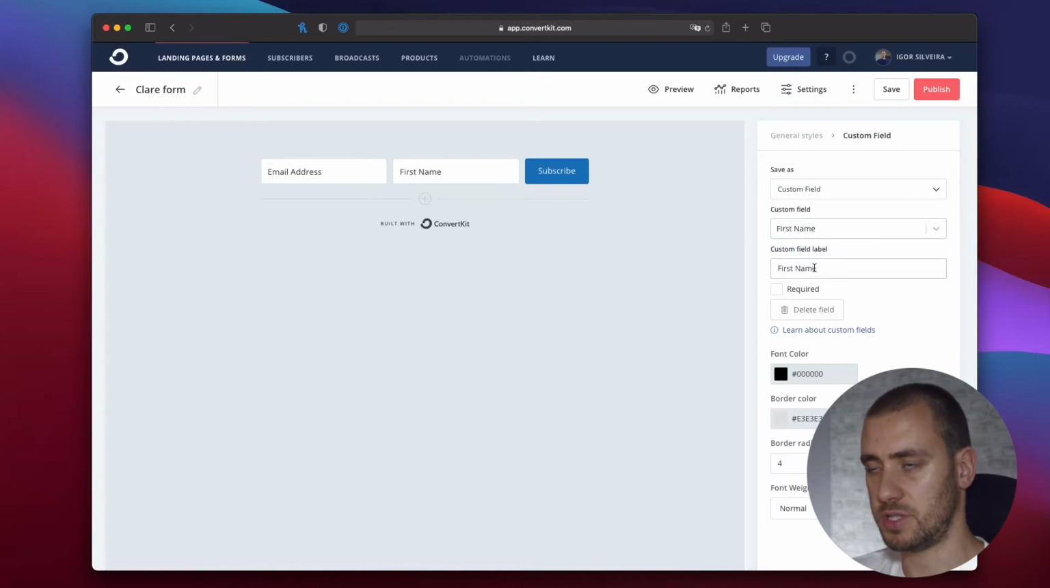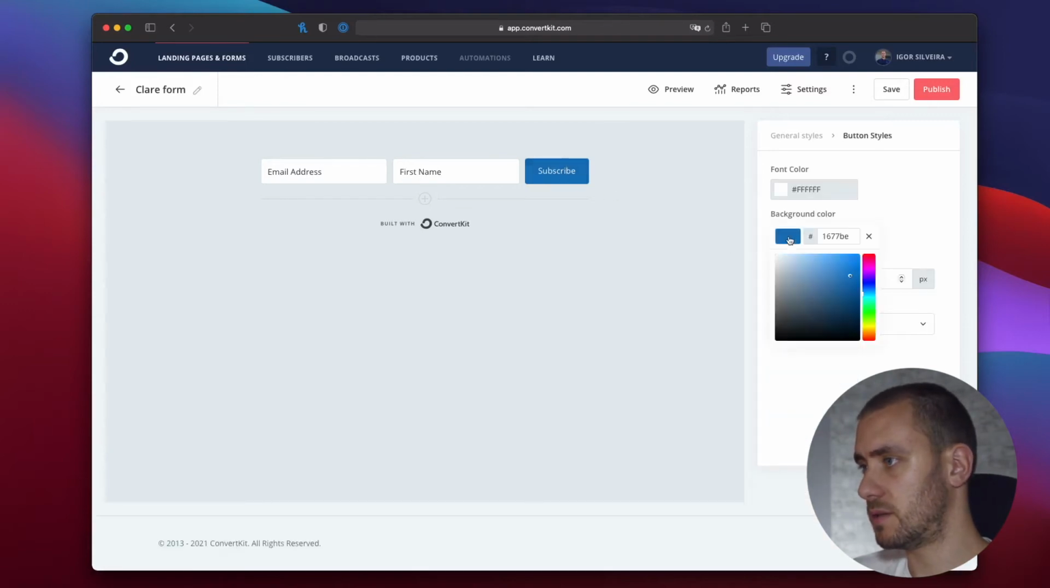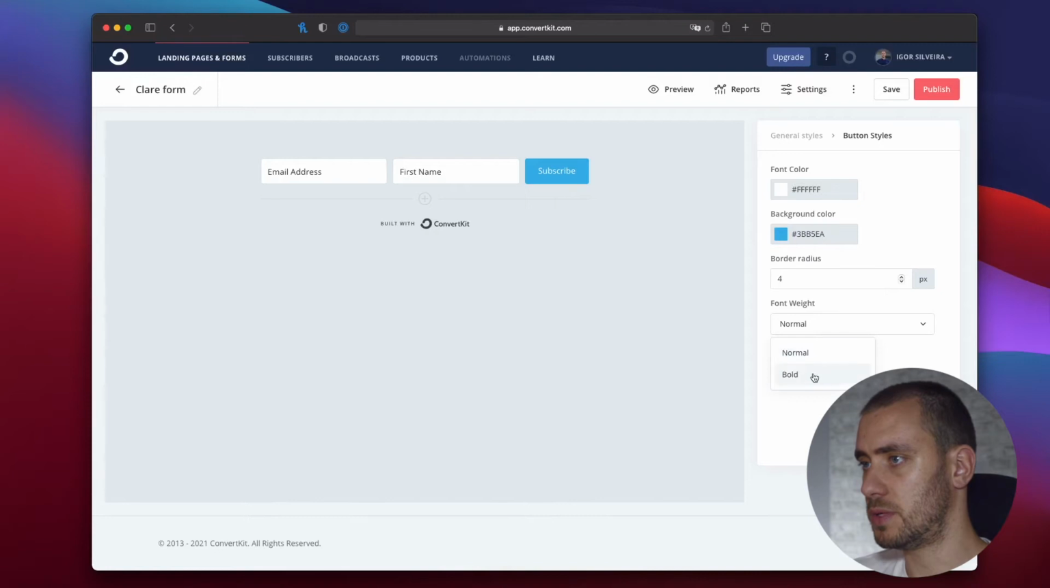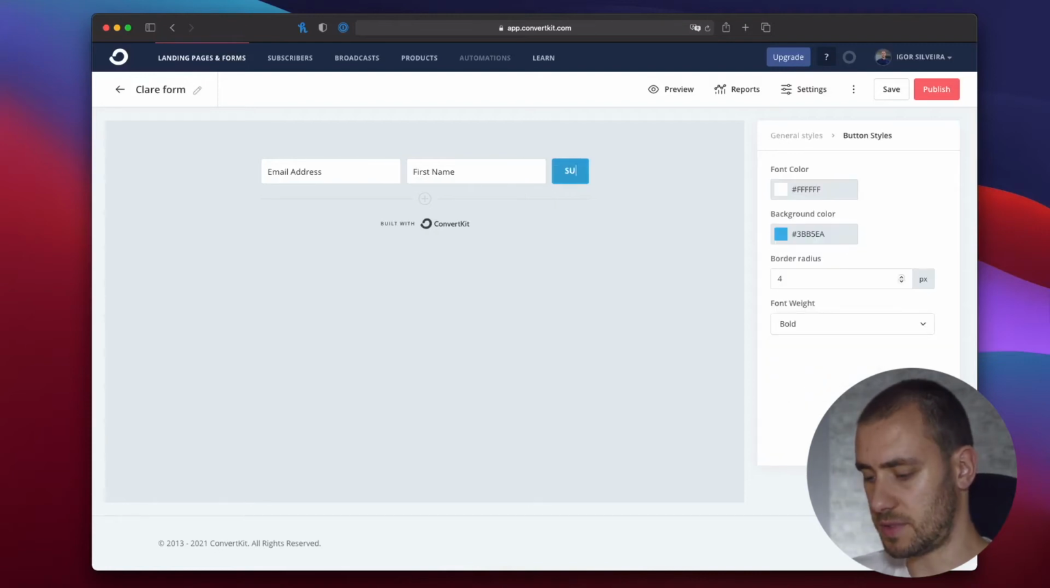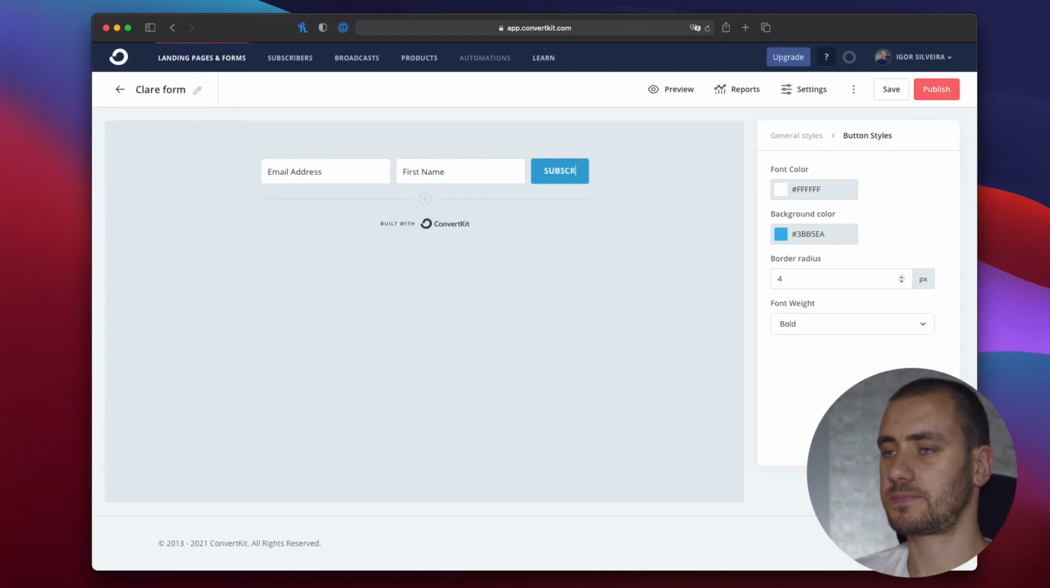I'm not going to actually change the text, but what I am going to do is change the color of the button. Just click on it, select a new color. I'm just going to go for a different shade of blue, something like this. I'm going to make it bold so it pops off. And I'm also going to make it all caps, SUBSCRIBE. So I like this